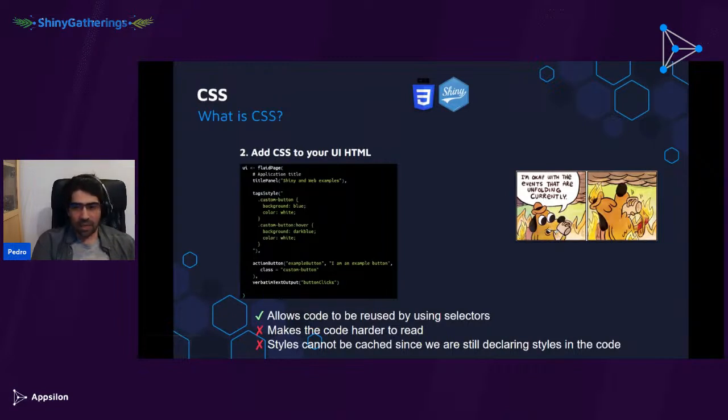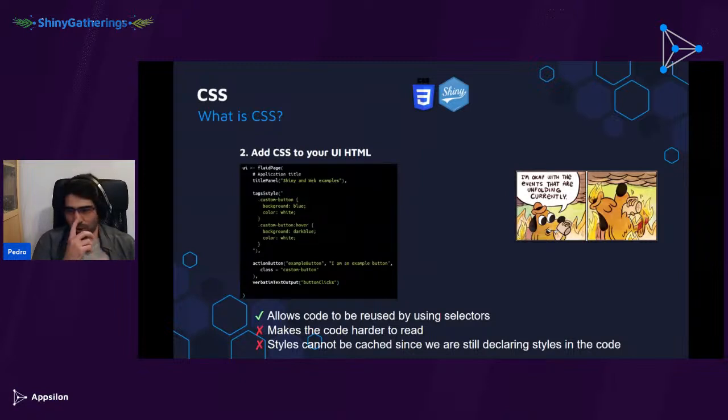Depending on how much you add, it does make reading the code a bit more complicated because we're talking about one or two different CSS rules, and you can see they already take like half our UI already doubled in size. It makes it very hard to read, and you can imagine if there's 100, 200, 300 CSS statements, your files start to be quite big.